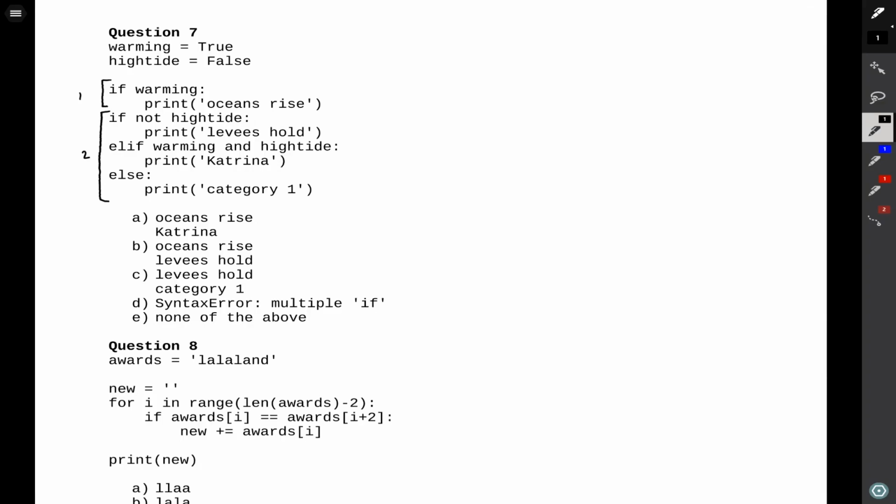Warming was initialized to true and high tide was initialized to false. So now we could start doing the work of the problem. The first if statement says if warming. Warming was true. So that means that this whole condition was true and we could do what's on the inside of that if